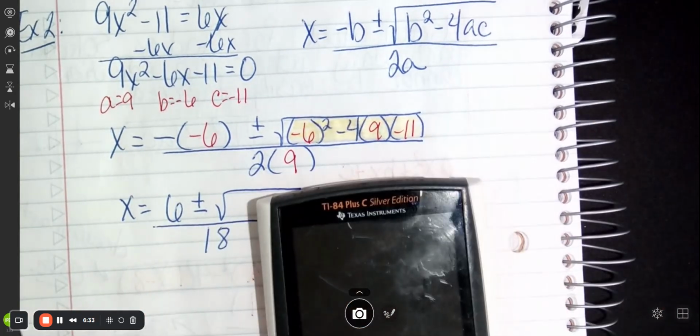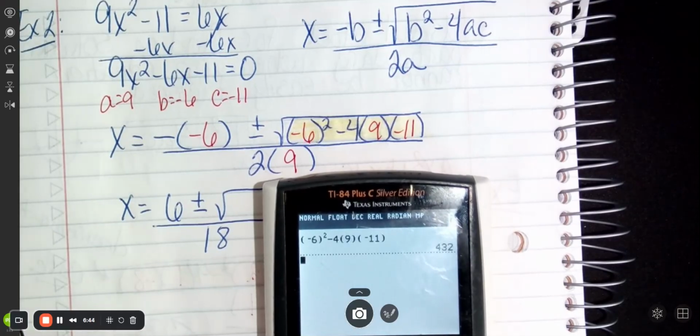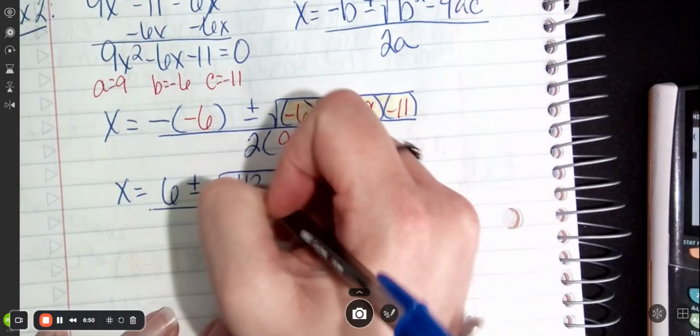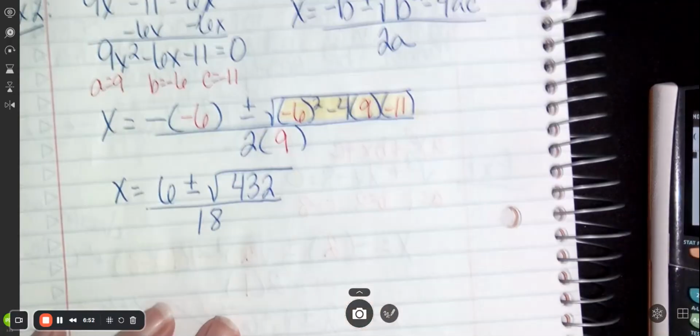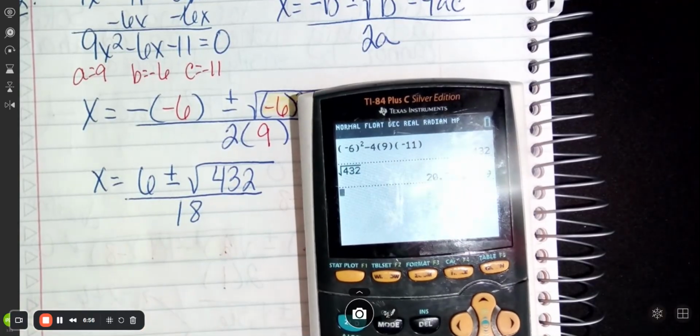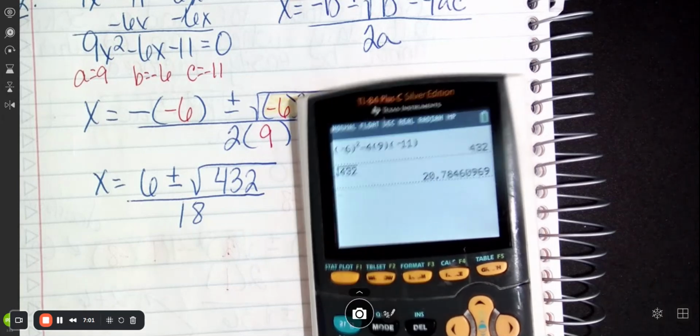Okay, plugging my discriminant in here. Fancy word for everything underneath that square root symbol. Negative 6 squared minus 4 times 9 times negative 11. And I get 432. Now, my brain's already saying, uh-oh, that's not a square number. But let me test it. Square root of 432. Oh, it's not a square number. I got a decimal. So I will be